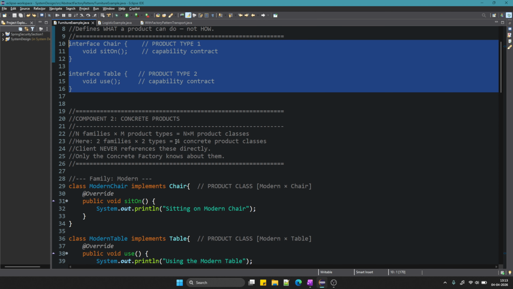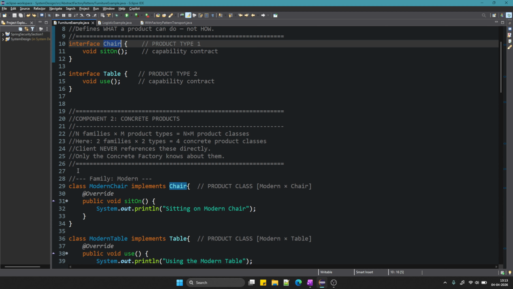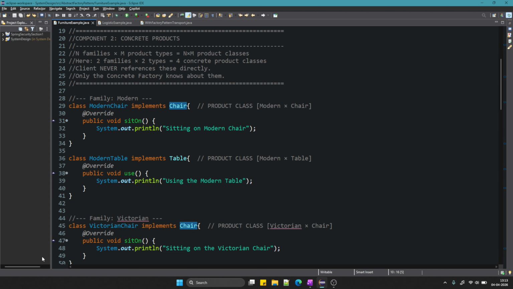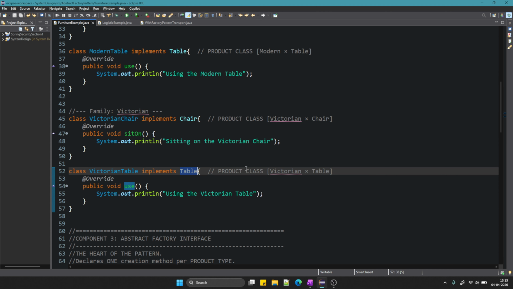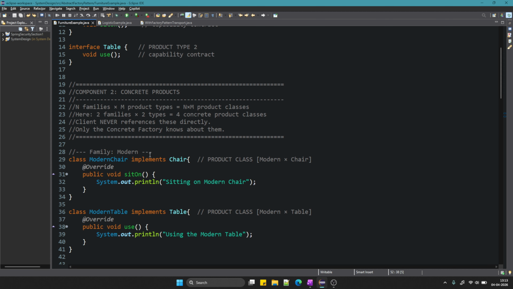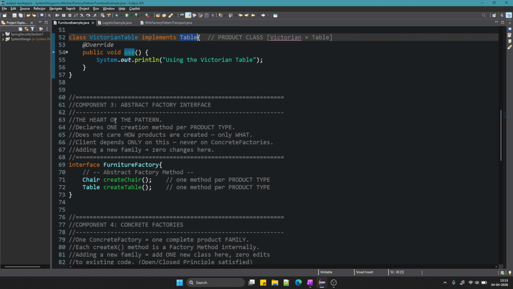So we have to implement 4 concrete classes. Modern chair, so for one family, modern chair that implements this chair, modern table that implements the table, Victorian chair that implements the chair, Victorian table that implements the table. So now giving the implementation of all the methods that are there in the interface, moving towards the abstract factory